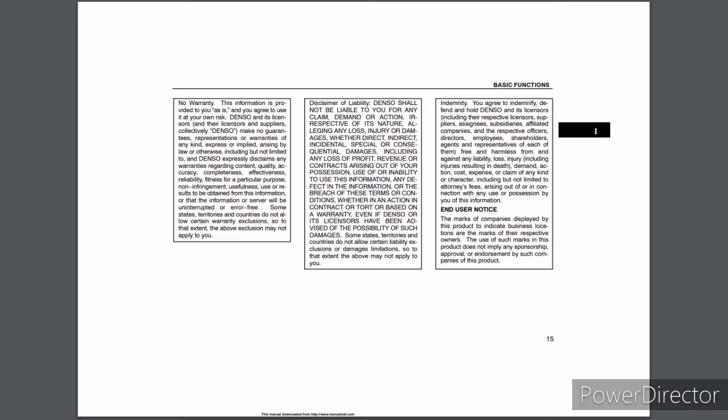express or implied, arising by law or otherwise, including but not limited to, and Denso expressly disclaims any warranties regarding content, quality, accuracy, completeness, effectiveness, reliability, fitness for a particular purpose, non-infringement, usefulness, use or results to be obtained from